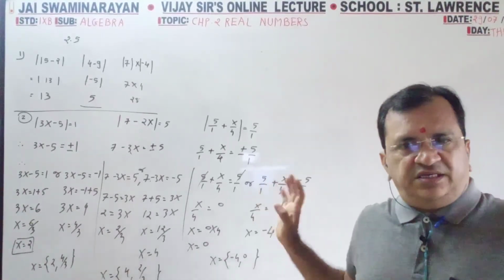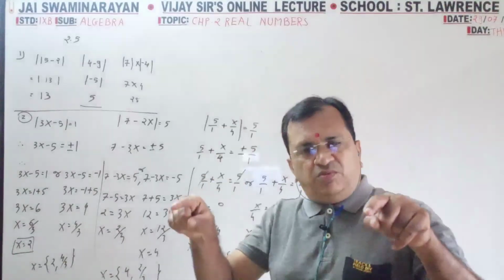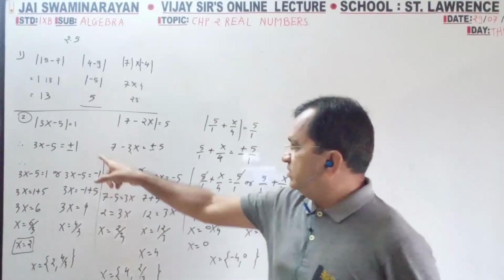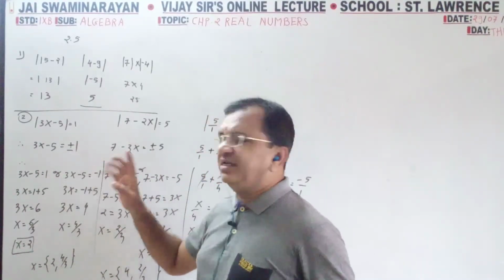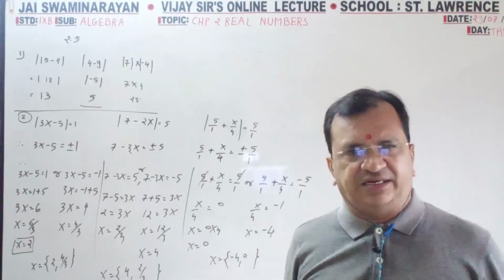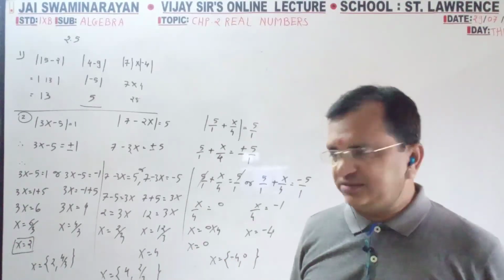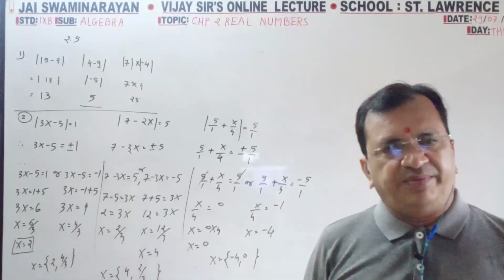Again you can take the screenshot of this. 1, 2, 3 values are given. Remove modulus sign, absolute value. So it will be plus and minus. Take one time plus, take one time minus and solve. That equation you have solved many times in 8th standard also. Simply find out the x answer. You will get two answers.